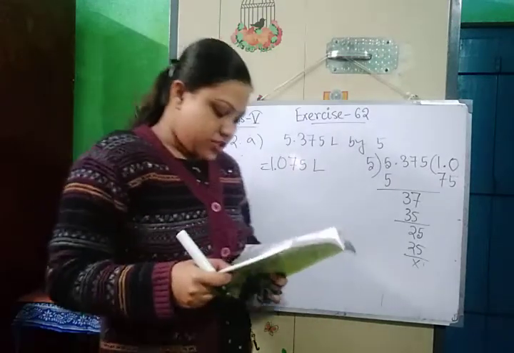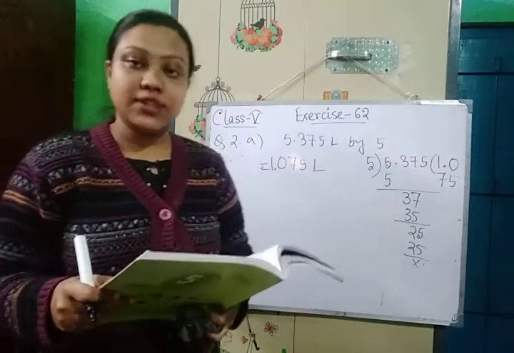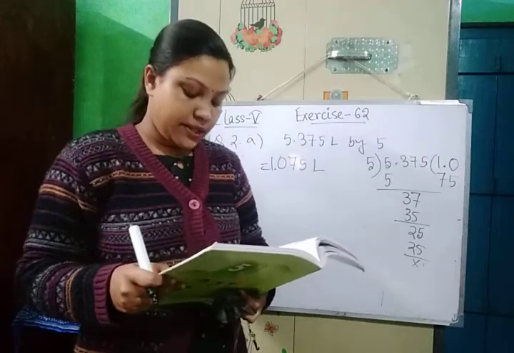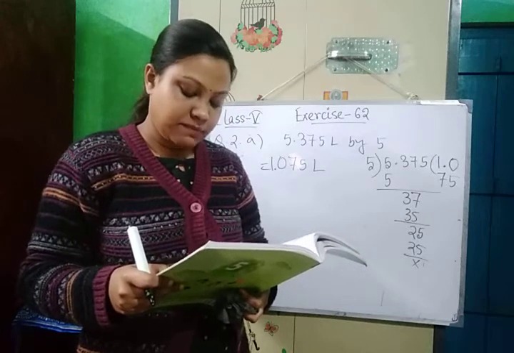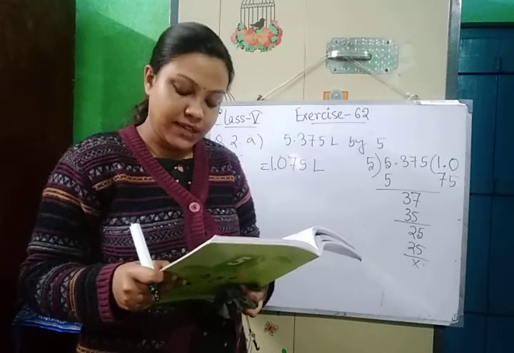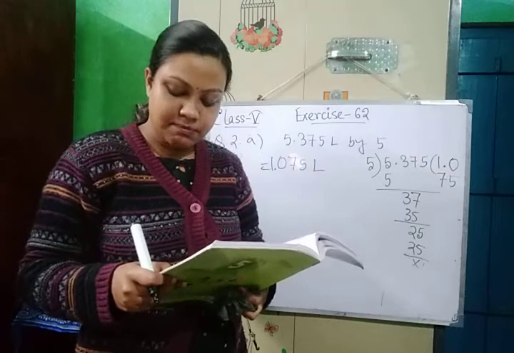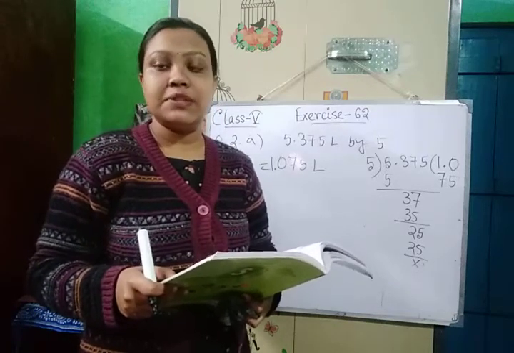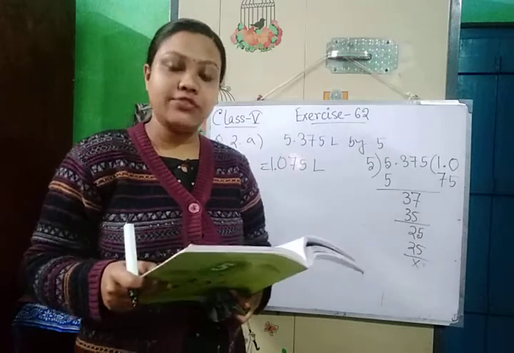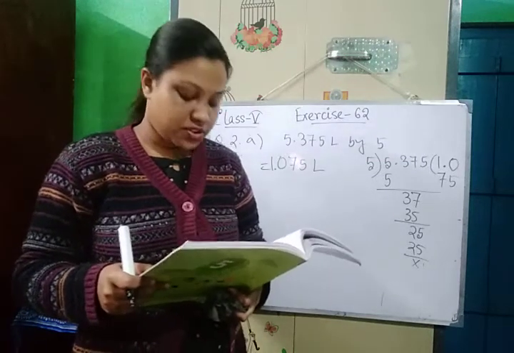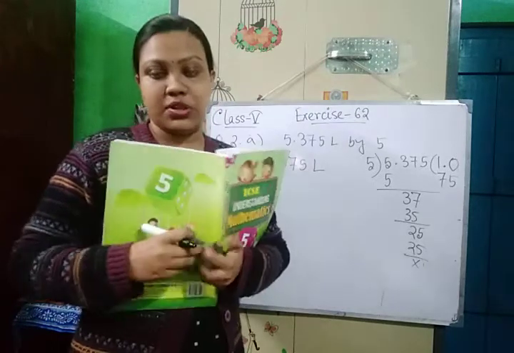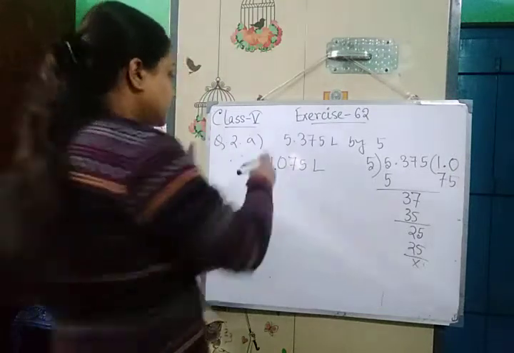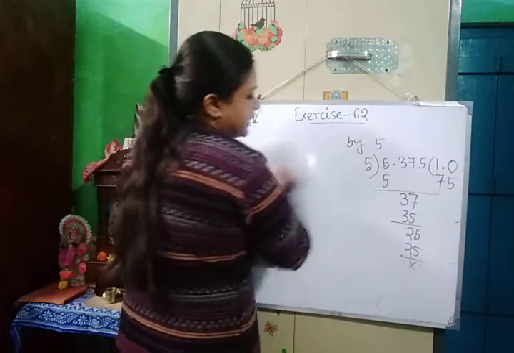Okay, now I am next doing word sums. Question number 3 first I am doing from the word sums. Question number 3 is Ronnie bought 5.500 liter petrol at rupees 65 per liter. So how much did he pay for the petrol? So the cost of 1 liter petrol is, per liter means 1 liter petrol is rupees 65. We have to find the cost of 5.500 liter petrol. So we have to multiply. So what statements will we write here?